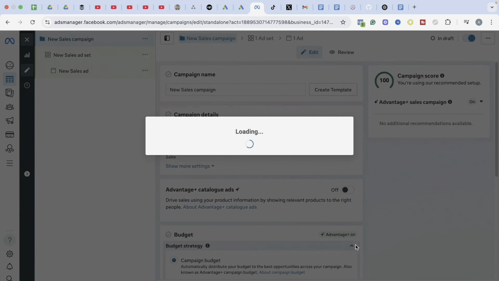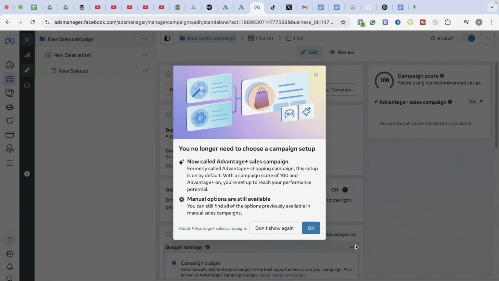Once you select continue, it's going to take you to the campaign level. Can you see this pop-up is still showing in my ad account? In some other ad accounts, you will no longer get this pop-up, and it's basically the Advantage Plus sales campaign. So can you see you no longer need to choose a campaign setup, now called Advantage Plus campaign.